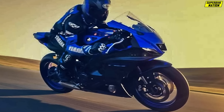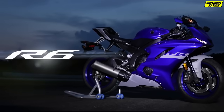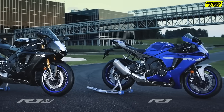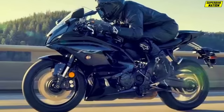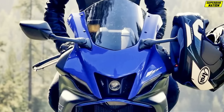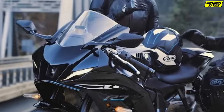new track one-up. The styling is, as you would expect, derived from the now defunct R6, which itself was a lift from the current generation R1. That should sit well with the sport biking masses, as the R1 and R6 have proven to be pleasing and sporty. The center-mounted headlight in the front fairing opening might be a less appreciated design element, but Yamaha has kept